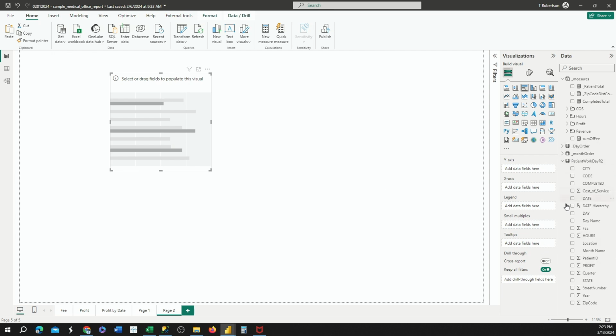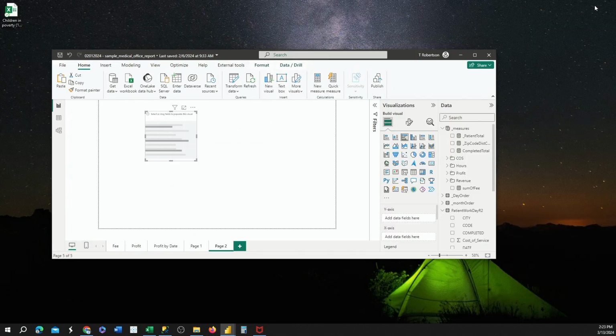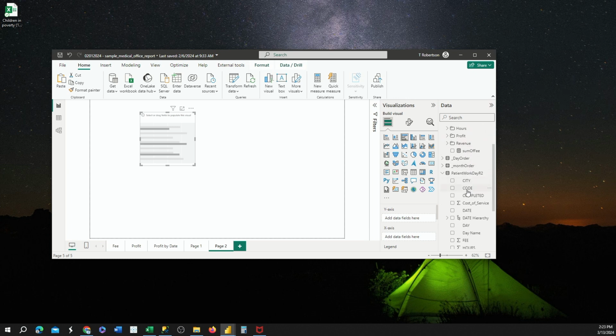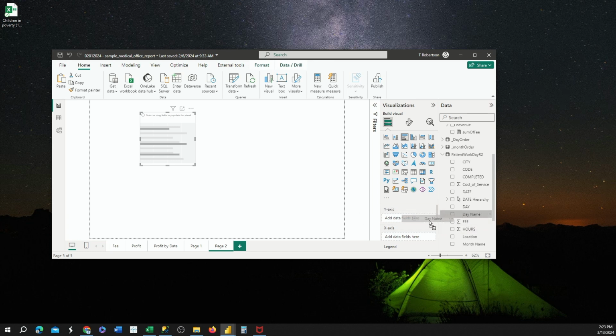And basically we know what a chart is. A chart pretty much gives us a graph, for lack of a better term. So basically we know that the day name is a dimension. So we're going to say that the x-axis is going to be the day name, and the fee, which is a numerical value that could be calculated, we're going to call that